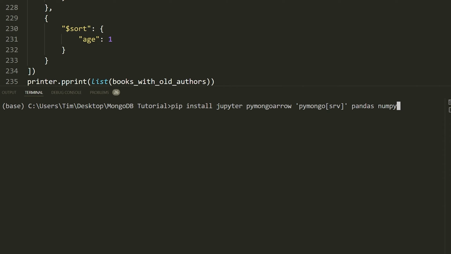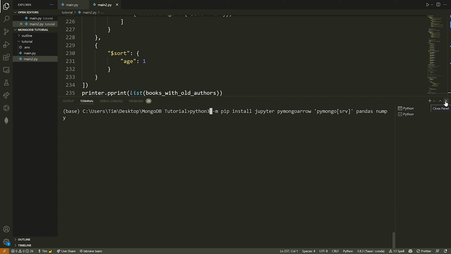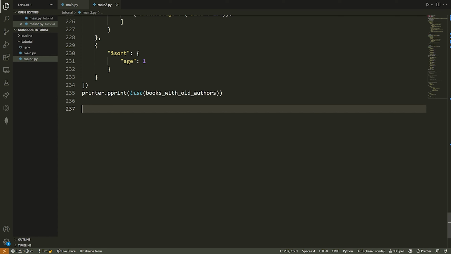I already ran it, so I'm not going to go through it. Again, if this command does not work, you can try doing pip3. If that doesn't work, you can do python -m pip install, or you can do python3 -m pip install, and one of those should work for you. So I'm going to assume that that has worked and that you've installed that module, and now we can start